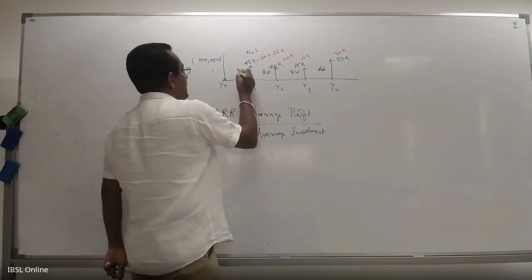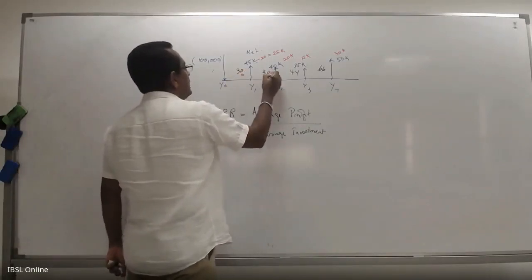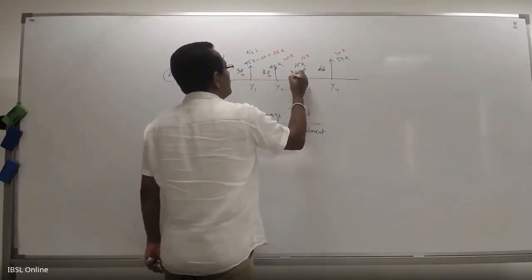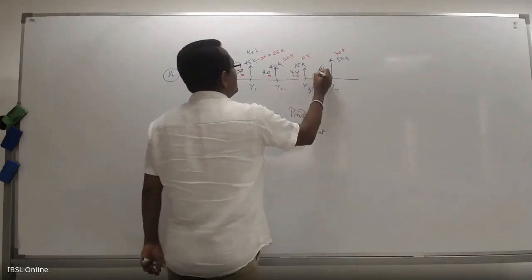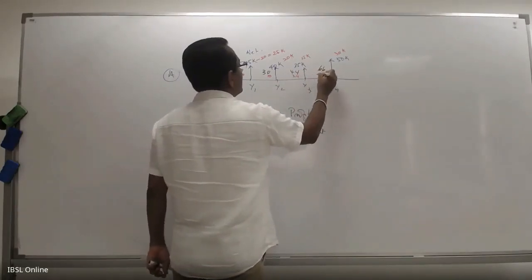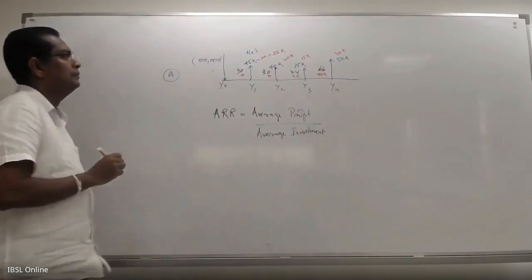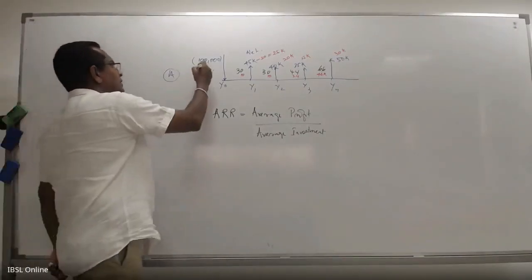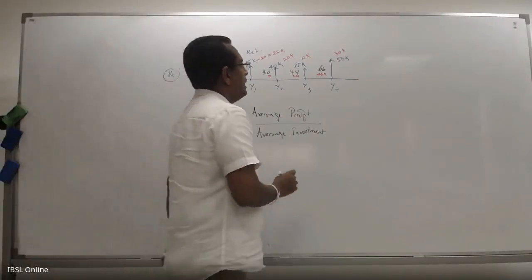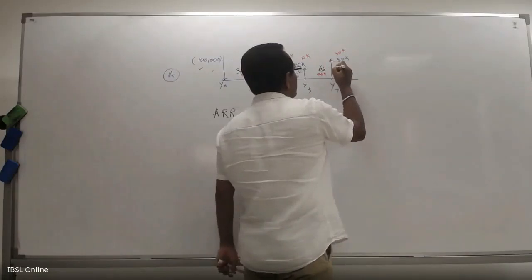This is 10K, this is 10K, this is 24K, this is 46K. This is the profit, right? Initial investment is the same. At the end of the last year,